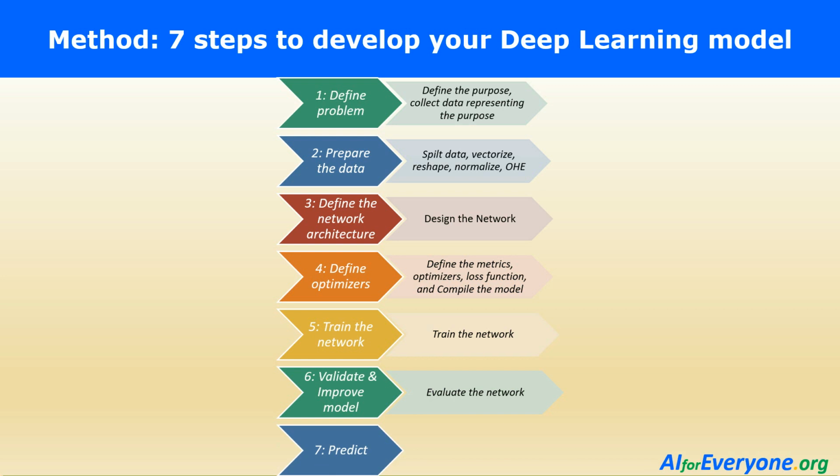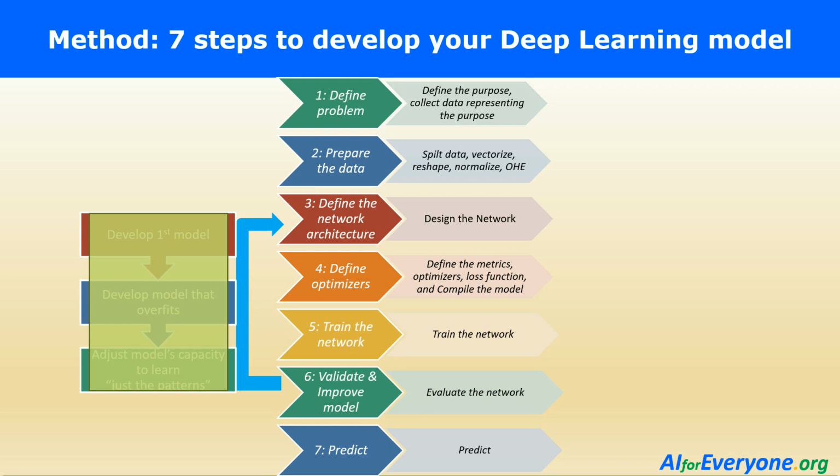Finally, predict with the test data set and then deploy it. So these are the basic 7 steps to create your first model, and then we'll have to iterate back to plan more networks. Once we have the first model of the data that needs to be represented, we can go back to step 3 to redefine various new network architectures and iterate and find out which model actually represents the data in the right way.